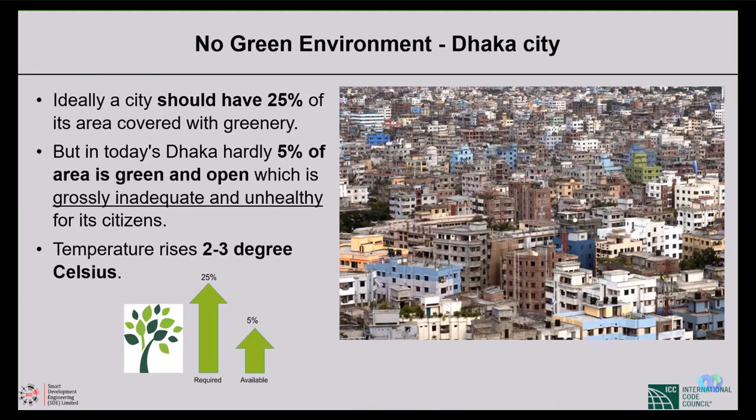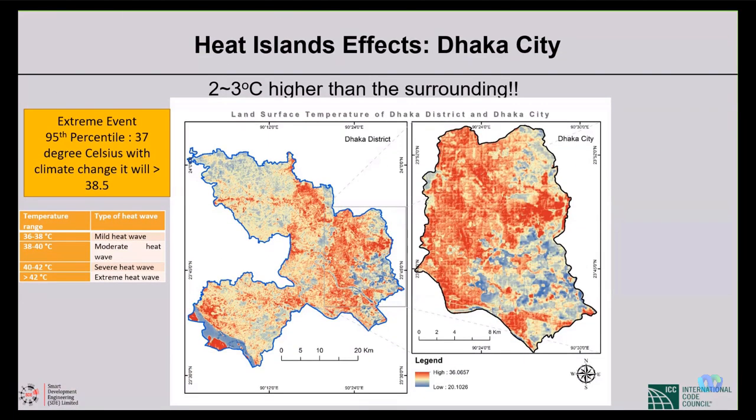These changes in green space cause what we call heat island effects on Dhaka city. And here is the result. The surrounding area is not much red, but when you come to Dhaka, it's red. It means that where other areas feel 28 degrees Celsius, here you're going to feel 2 to 3 degrees more,